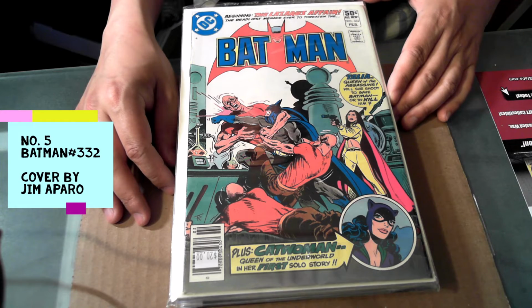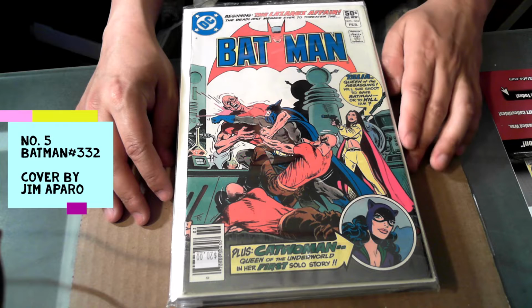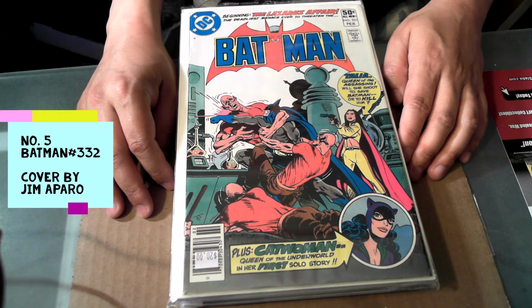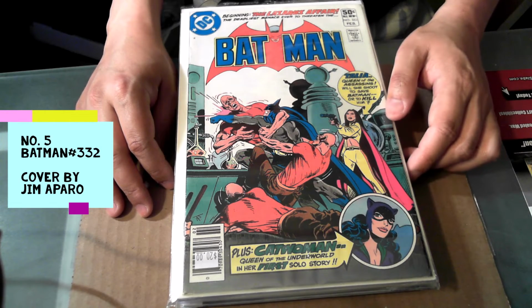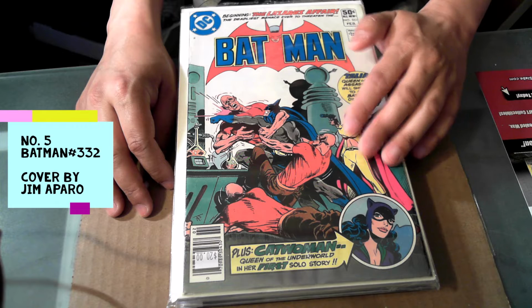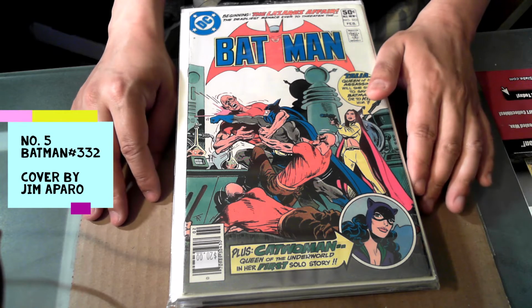Maybe 8.0. There's a little bit of rub here. This definitely needs a clean and a press, but it's a nice looking book. And again, Batman 332, the first Catwoman solo story featured separately. And so this, I believe, it's kind of under the radar. It's around a $15 value book, but